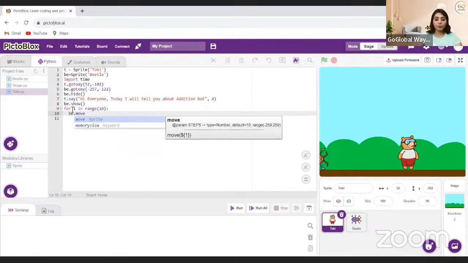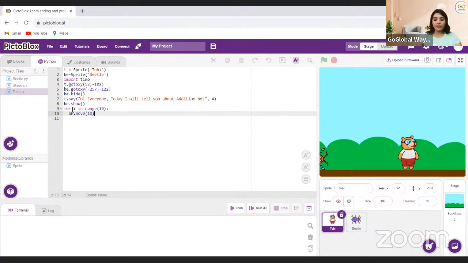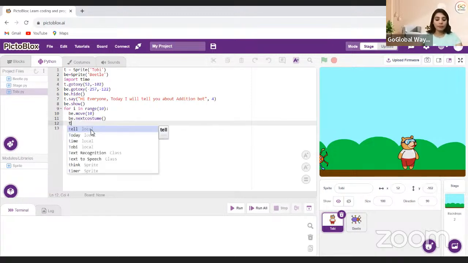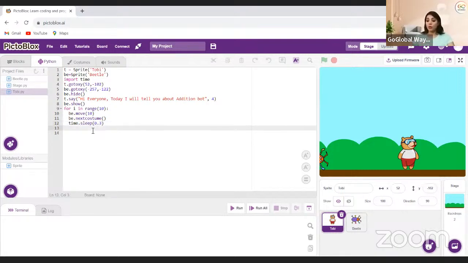You will end this loop with a colon, press enter, it will make an indentation, and now you will write be dot move. So it's going to move with 10 steps. Be dot next costume. Time dot sleep. How many seconds? 0.3 seconds. Time dot sleep is the wait block you use in Scratch. This works exactly like this. So whenever you want to put time, you will write time dot sleep for 0.3 seconds. Okay. Now if I run this code,